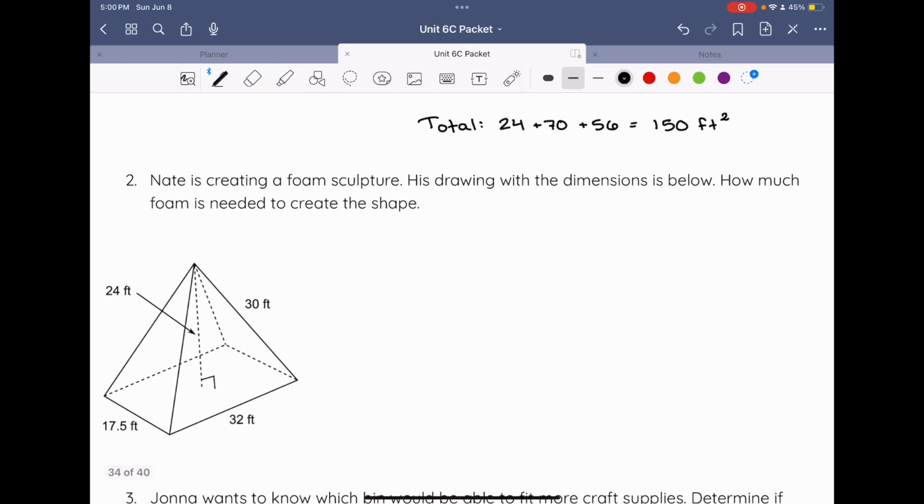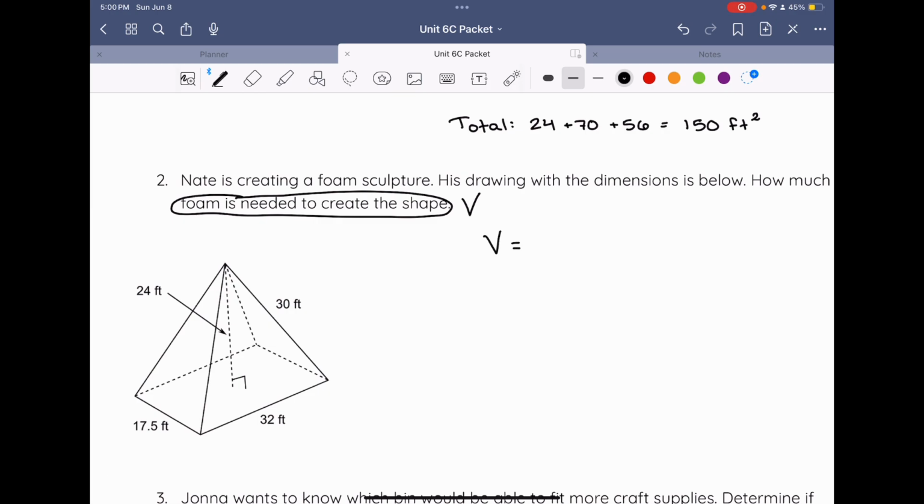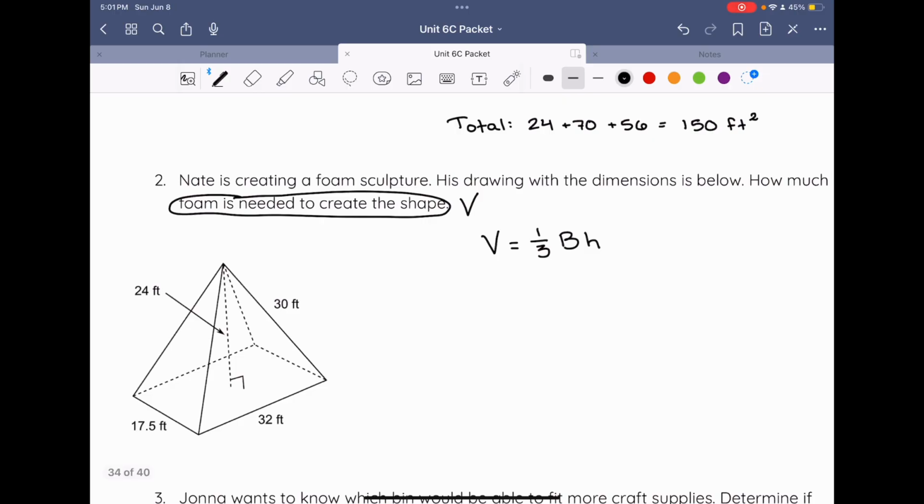All right, number 2. It says Nate is creating a foam sculpture. His drawing with the dimensions is below. How much foam is needed to create the shape? All right, so if I'm creating a shape out of foam, the foam is the shape itself. So that would be the inside. So this is going to be volume. Remember, for a pyramid, volume formula, V equals 1/3 capital B times our height, so equals 1/3 area of the